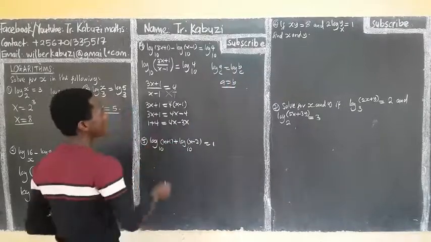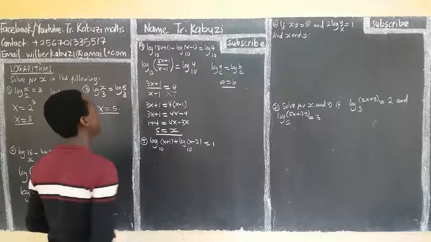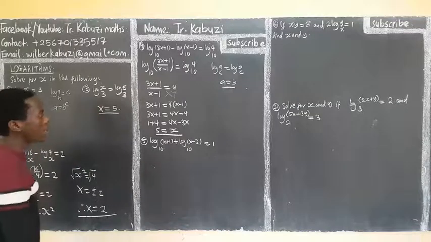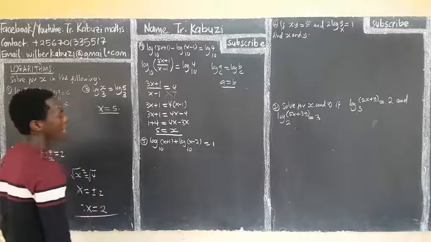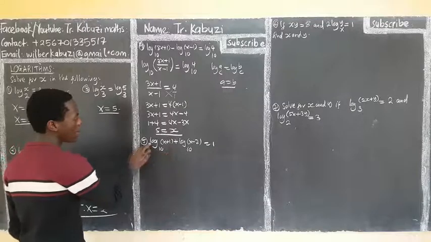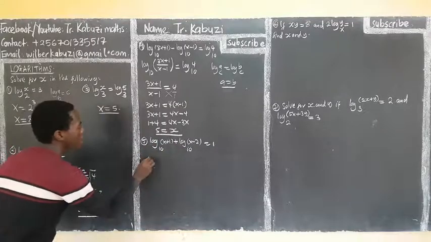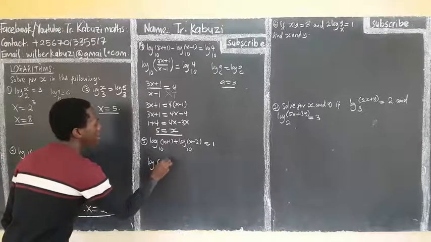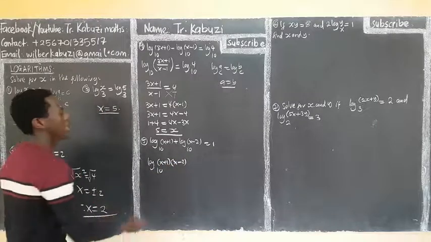So from here I start, I have my 5 equaling x. As simple as that. Okay, we now come to this. You see we are adding, same base, same base. Here we don't have anything there. You can use many ways, but coefficient 1, same base. We can multiply. So this will now be log of (x plus 1) times (x minus 2)